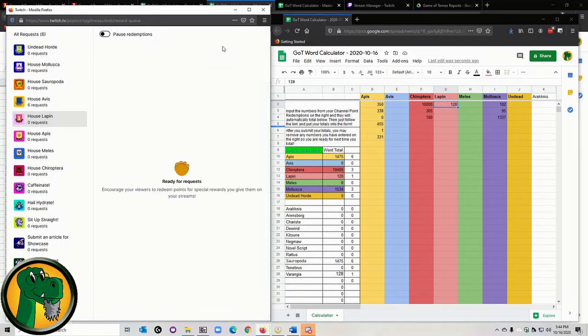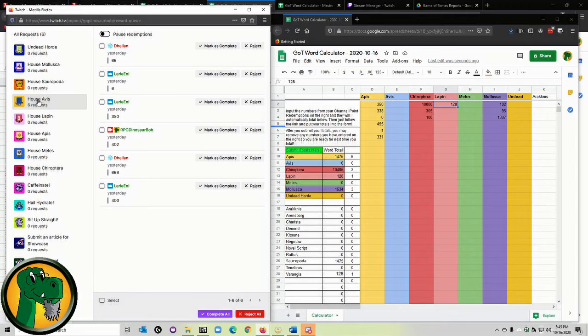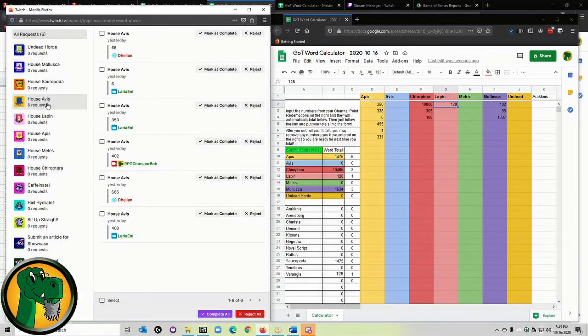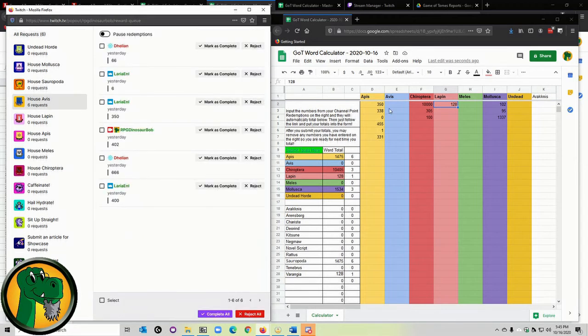So I've finished that one. Do I have any more to go? I do not. I have now handled everything that's on that queue, I believe. Oh, nope, I forgot these. See that? I could tell that by coming to all requests. It says I'm still missing some. I missed Poor House Avis. Sorry, Chrysalia. There's your 66 and 6 and 350,